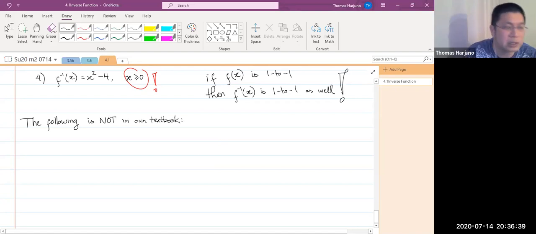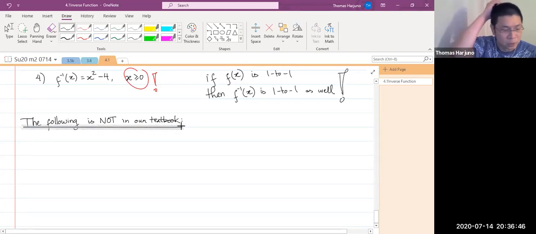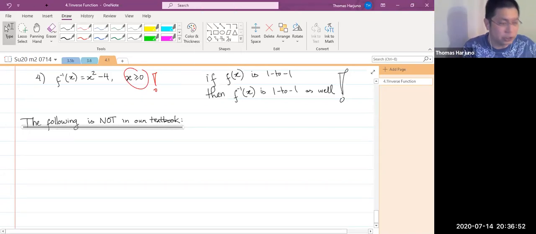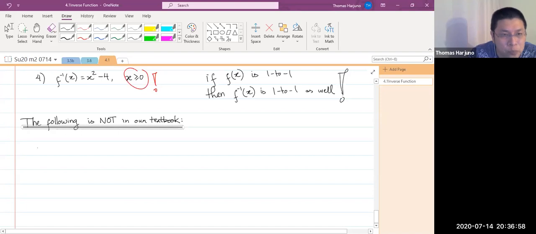And I will make some statements that could be controversial for other instructors. But that's because other instructors didn't want to go tough. Okay, but I'm teaching you to pass Calculus 1 and Calculus 2. That's why I want to go into this detail. Here's the thing. If a function f(x) is 1-to-1,